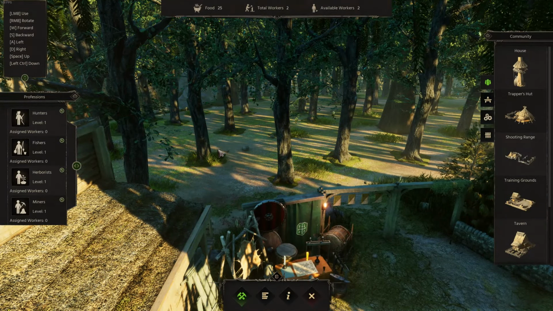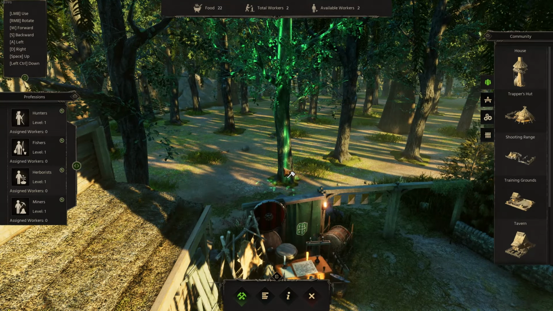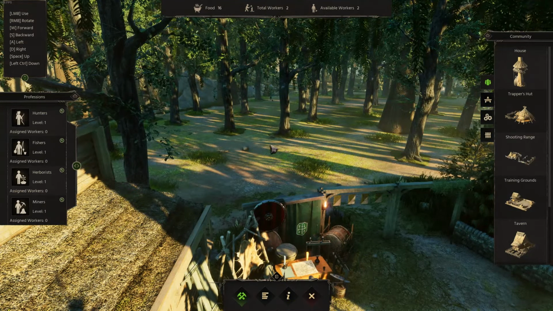All right. So it said these trees that I take out, they go into our storage, so I don't waste any. Alright, so I'm going to take these that are just close to us. And then...